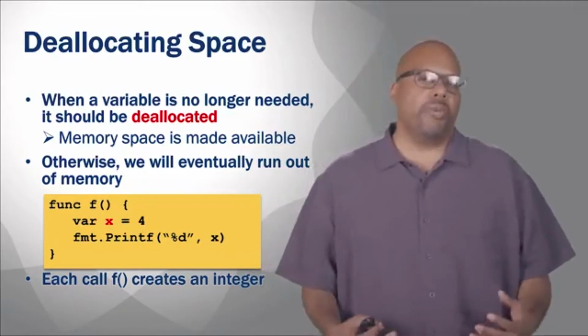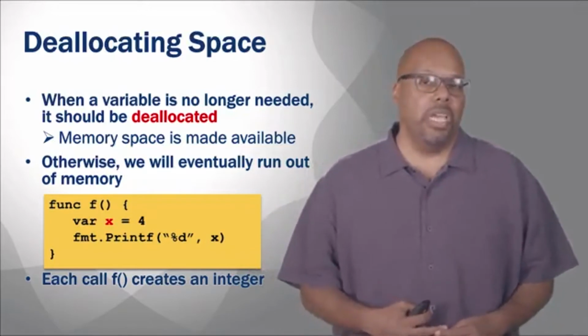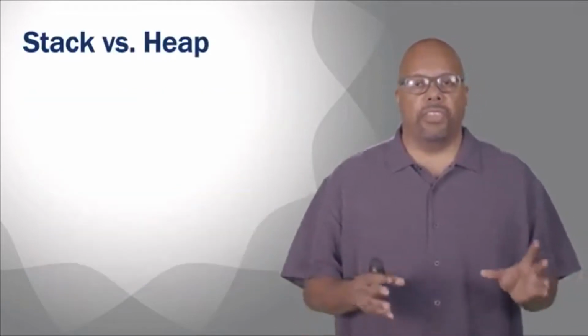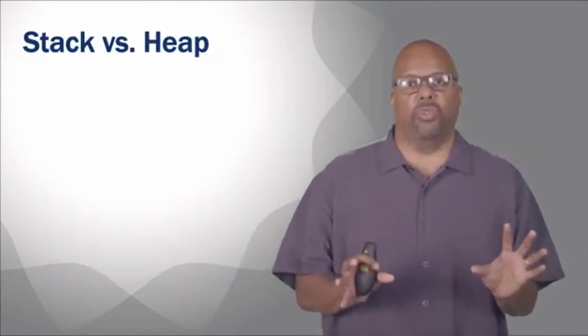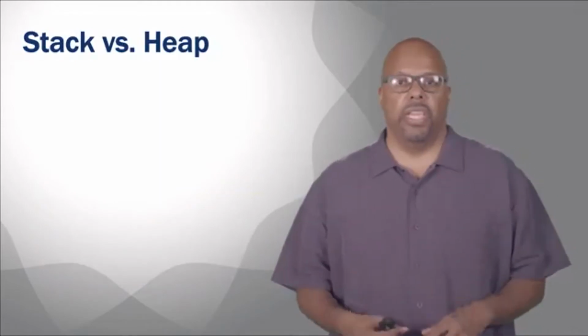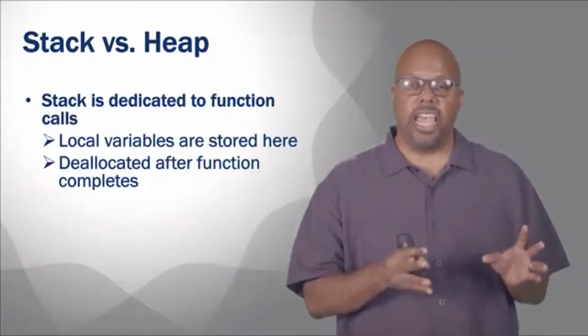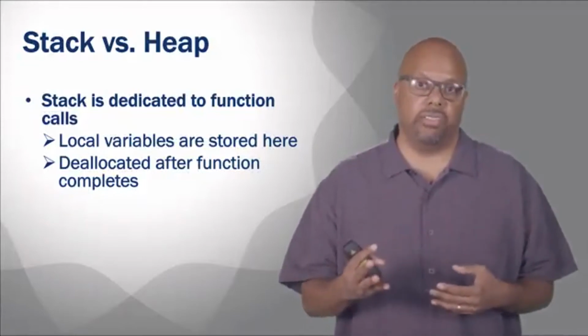Now, in order to talk about how space is deallocated, we've got to talk a little bit about where the space is stored in memory. Memory is a big thing, but there are two big hunks of memory that are relevant to us right now: the stack and the heap. The stack is an area of memory primarily dedicated to function calls. One of the things stored in the stack are the local variables for a function. Every time you call a function, there can be variables that you define in that function, and generally they go into the stack. They are allocated in the stack area of the memory, and they are deallocated automatically when the function completes.